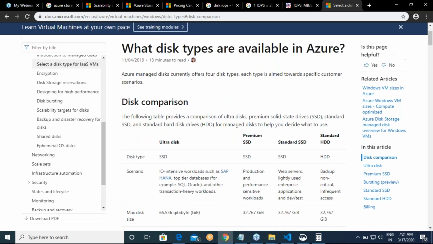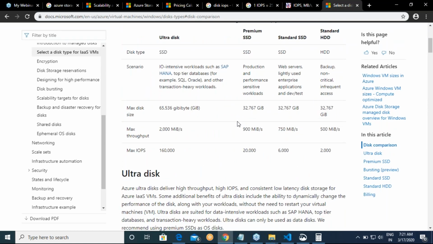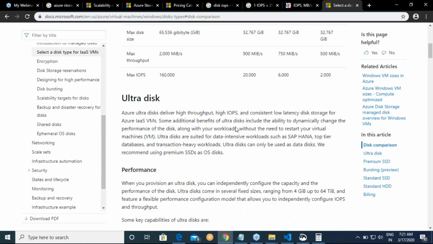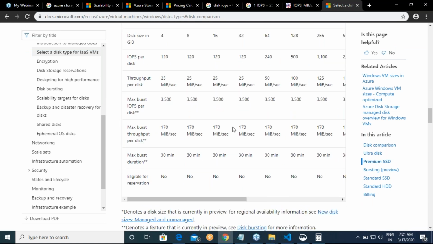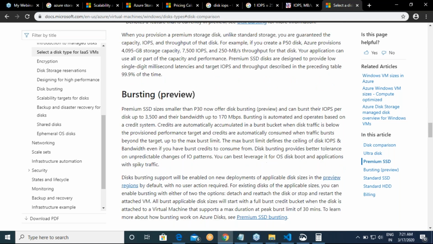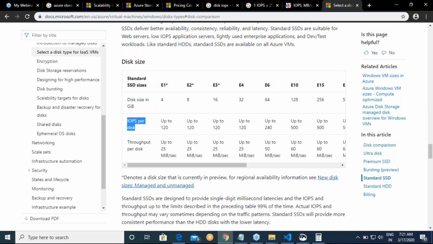So between standard and premium, the most important thing you need to understand is this. If I go to standard, you see over here throughput for disks, max IO for disk, this is all premium. Now I'll go to standard. IOPS per disk, are you seeing up to 120, up to 120? Are you seeing this up to word? That is the first thing. Now you can go on and on. This is not a storage account, but the story is the same there.